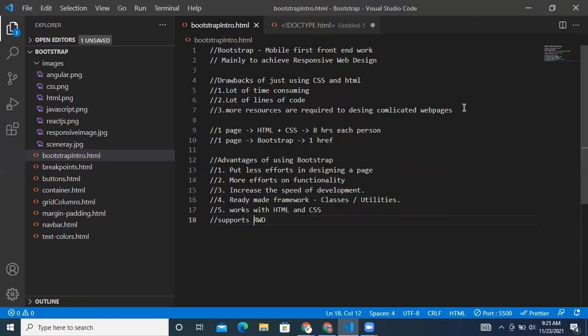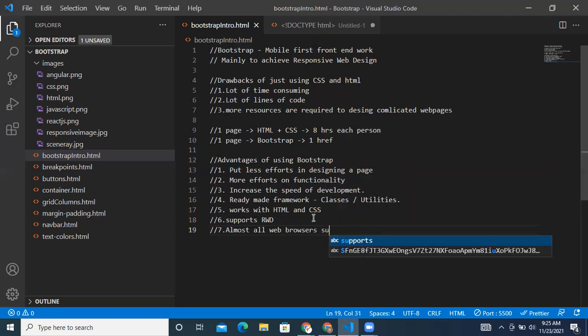And another thing with this is that almost all web browsers support this. Okay, so these are the advantages.